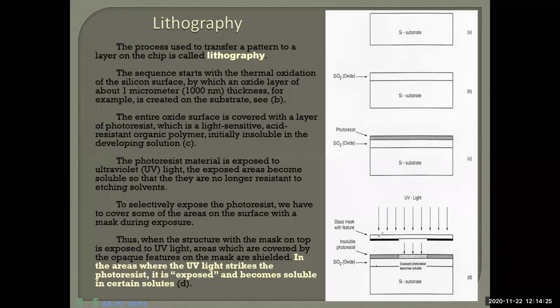Understood my point? This is a transparent glass, but under the transparent glass, there are some stickers. Stickers means our mask layout, the layout we have made, some sort of sticker. Where there are stickers, the UV light will not pass, because the sticker will block it. Where there is no sticker, that is transparent. There the UV light will pass and hit the photoresist.